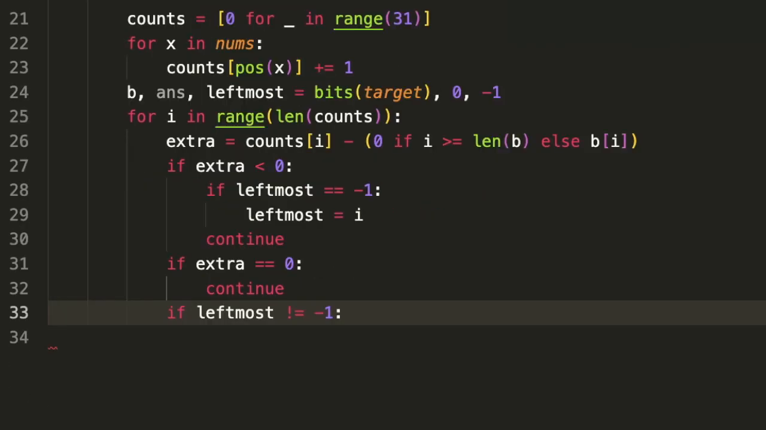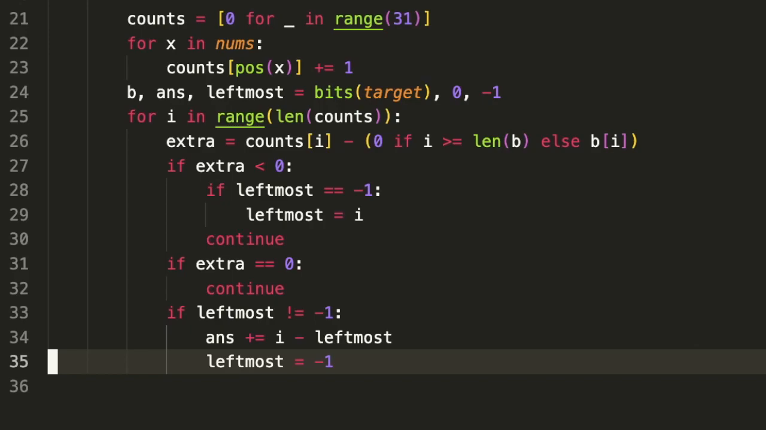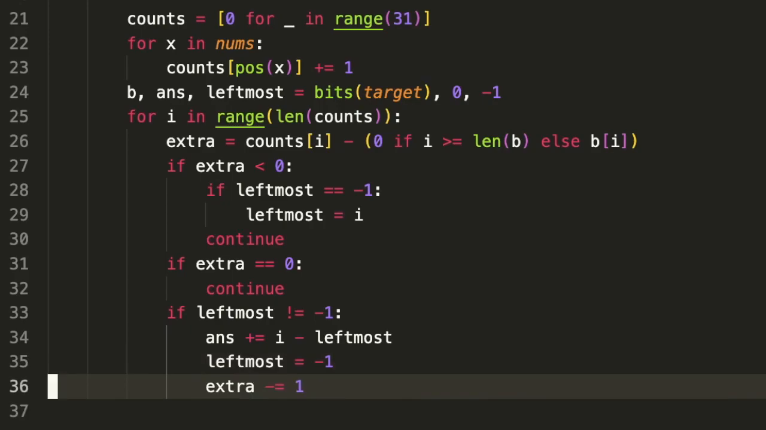And first we're going to fulfill the left first, because it is more urgent to fulfill it now. If we fulfill it later, then the difference of the position is going to be larger, but we want to minimize the operations. So if we see something on the left-hand side that we can fulfill and we have the extra, then we should fulfill it now. So the way that we fulfill it, as we mentioned, is answer plus equals i minus leftmost. And then after fulfilling the leftmost, we set the leftmost to -1 and extra minus equals 1,